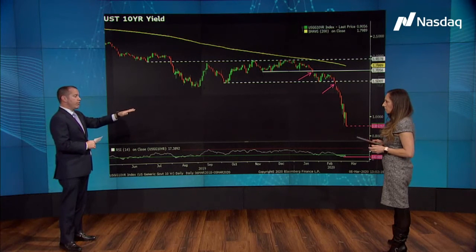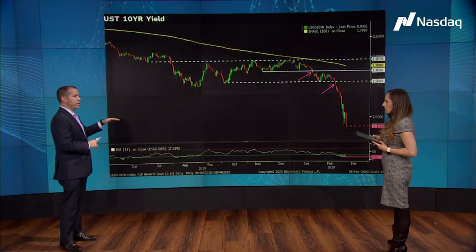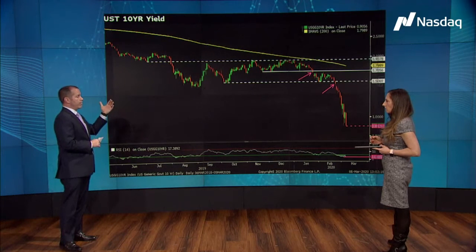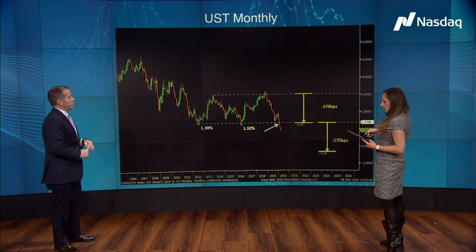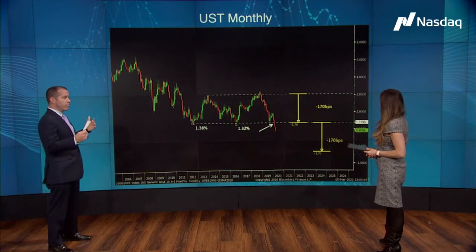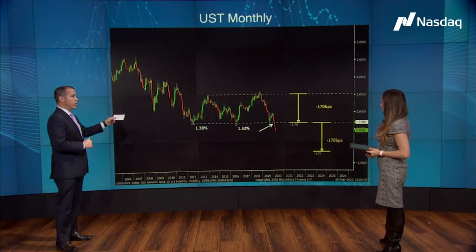But that 135, 140 range, let's call it 132 to 138, was really a major support level which we had tested a number of times going back to 2012. And that was where, let's take a look at that chart. Let's pull up. Yeah, let's go right to it. If you were a bond bear or you want to see yields go higher and stabilize, and if you're a bull on equities and risk sentiment, that's what you want to see. That's where you wanted to see this level hold.